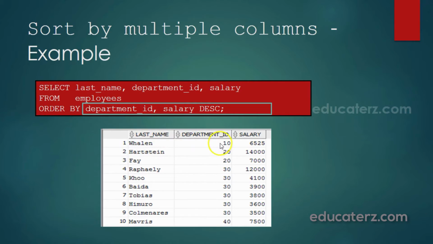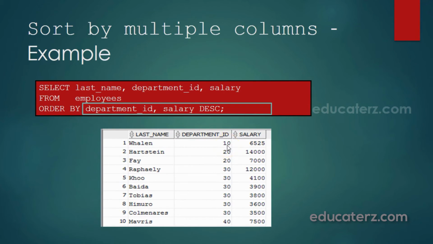Vallon, department ID is 10, salary is equal to 6525. See, the result set is sorted according to the department ID in ascending order. So 10, 20, 20. Within this department, salary is sorted in descending order. Look at this. First record is Vallon and department ID is 10.